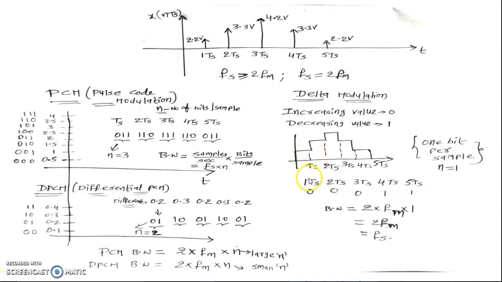That is, for each sample we are transmitting only 1 bit. That is, small n is equal to 1 here. So it is 2 FM into 1, that is, 2 FM is the formula here. So by using delta modulation we can transmit with lesser bandwidth only, when compared to the noise,